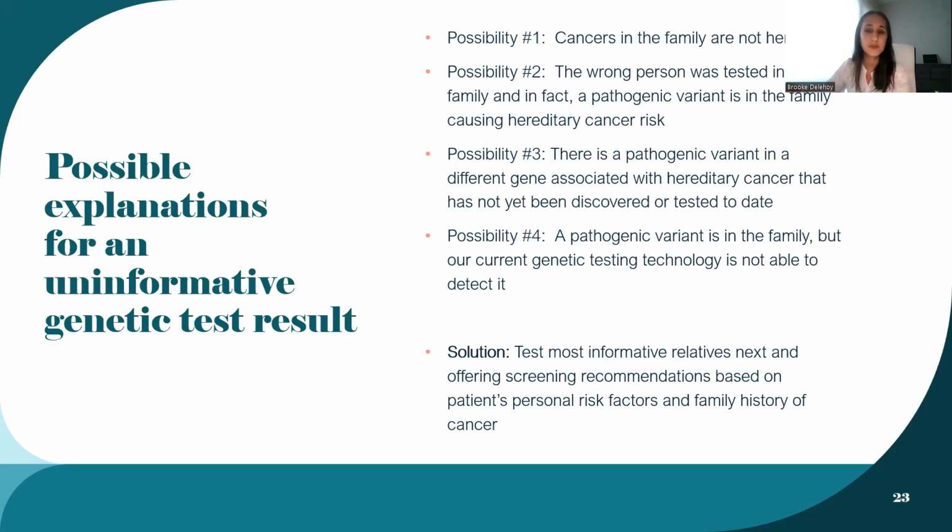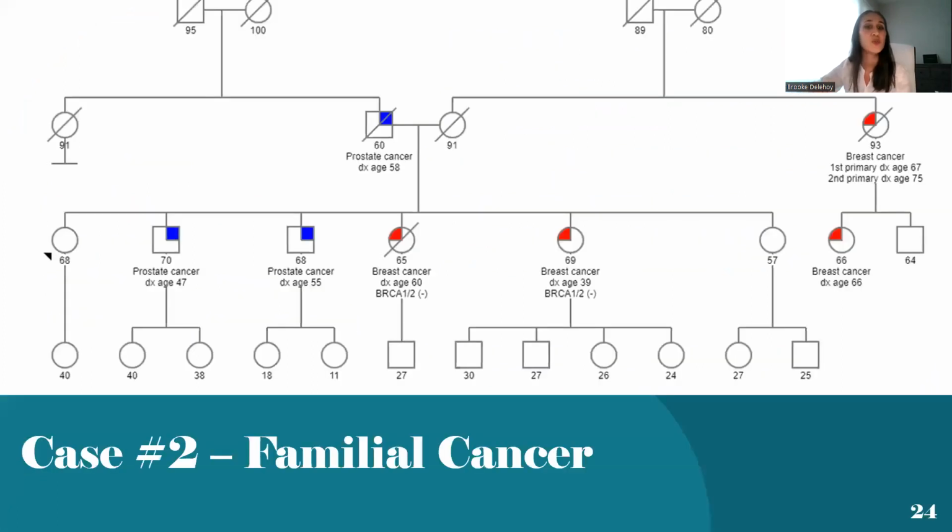Test the most informative relatives next and offer screening recommendations to our patient and appropriate relatives based on the patient's personal risk factors and family history of cancer. So, wanting to bring it back to the family tree here, again, our patient is on the left-hand side, and you'll see the red boxes float up. As our patient's siblings and relatives are still living, such as her two brothers with prostate cancer, one sister with breast cancer, and a maternal first cousin with breast cancer, they would be the next best people